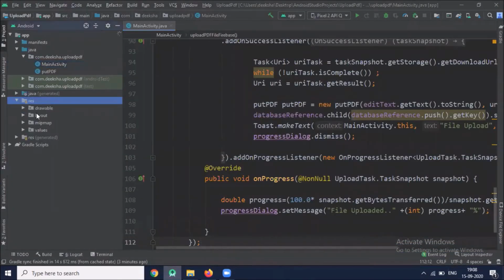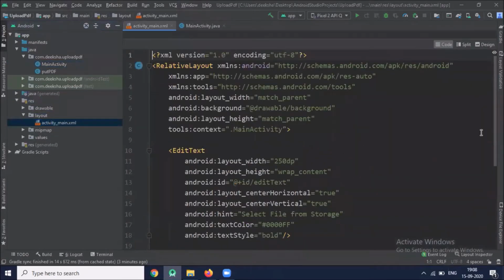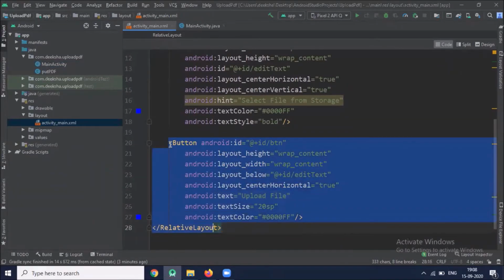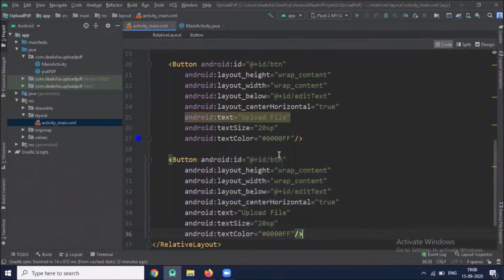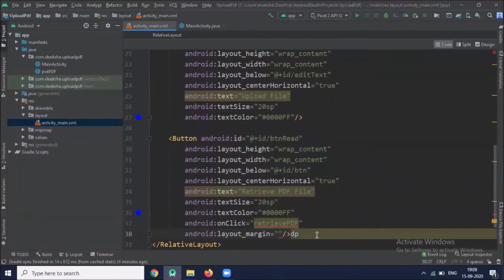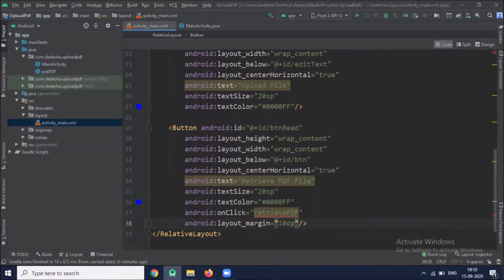First, open your activity_main.xml, and here we add one button. Now we create one empty activity.